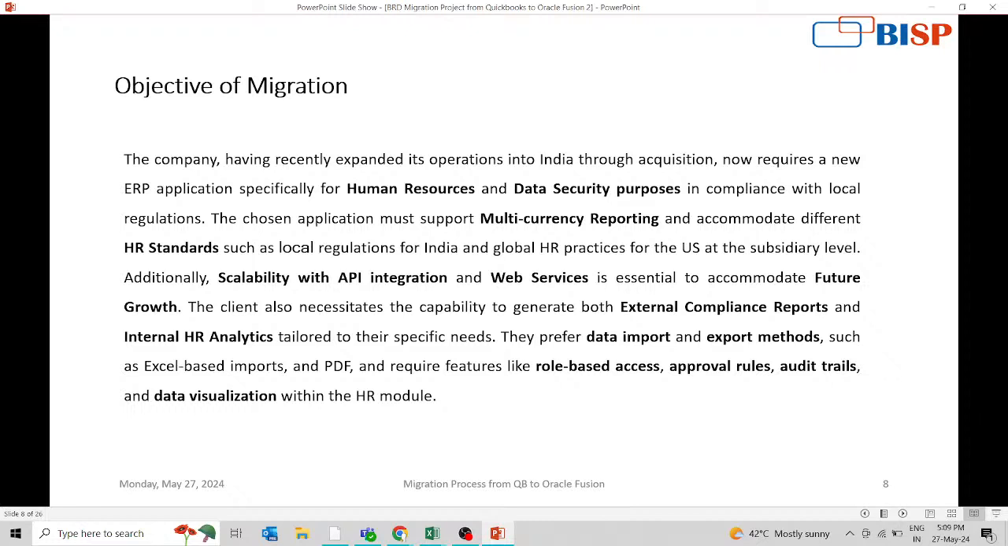Oracle Fusion HCM has advanced analytics and reporting. It offers robust analytics and reporting capabilities, providing actionable insight into workforce trends, performance metrics, and employee engagement. These insights enable HR professionals and business leaders to make data-driven decisions, optimize resource allocation, and identify areas for